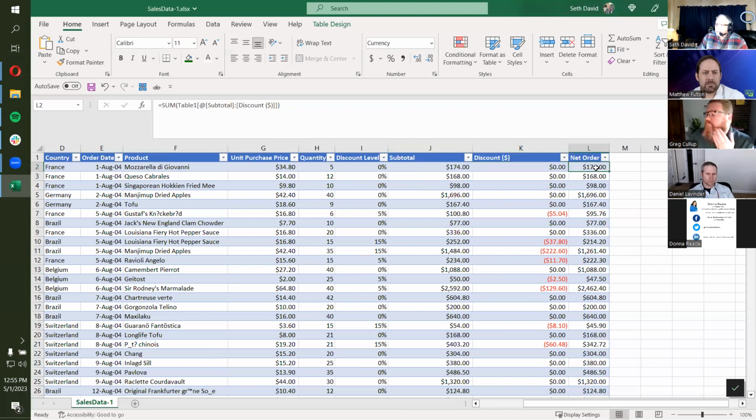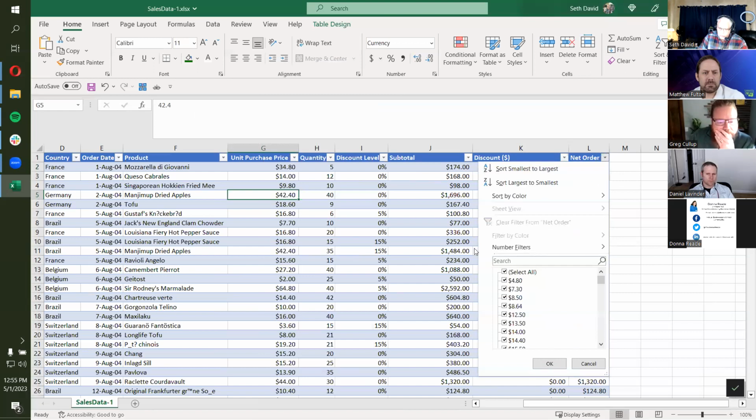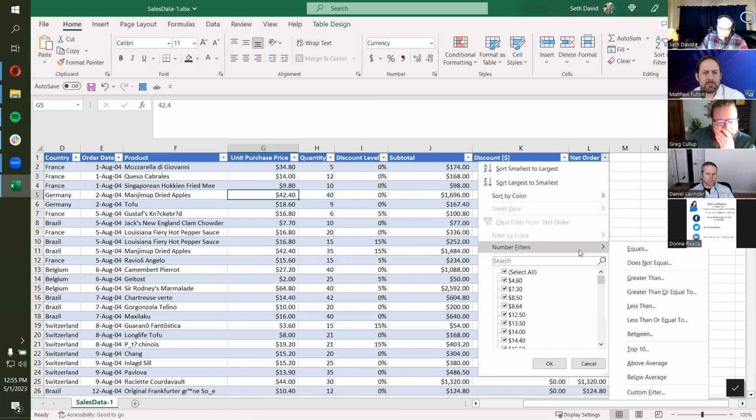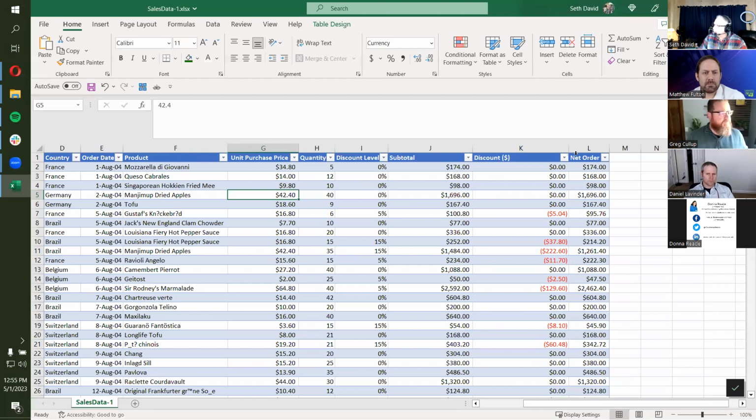Okay, so now let's do a quick pivot table, right? I showed you the filter already, so I can filter this all day. There are numeric based filters where I can say, show me all the orders over a certain amount. So you go to number filters here, and I can say, show me the top 10, above average, below average. This is the kind of thing that you should just play with. Go play with it and learn what it can do so that you're aware of the possibilities when you're analyzing real live data. So now to create a pivot table from this, very easy to do.